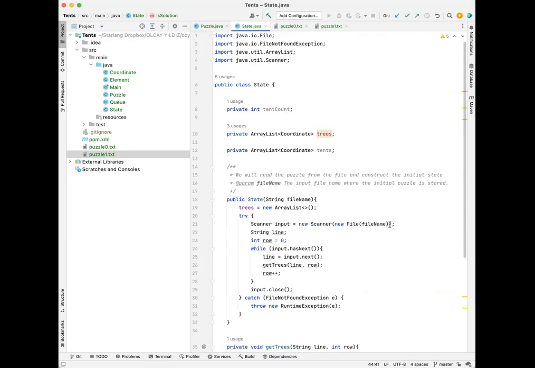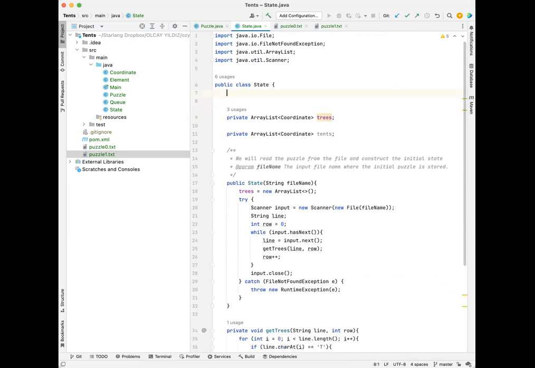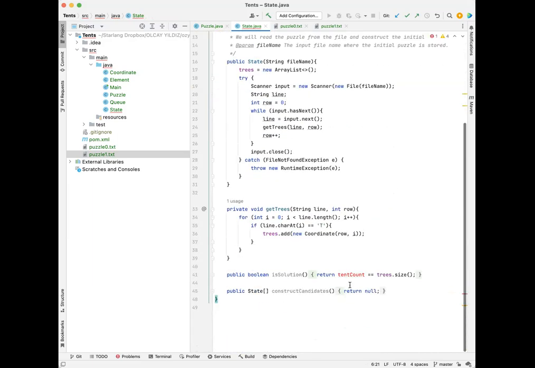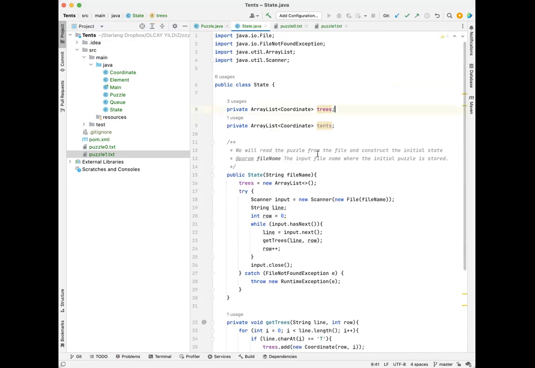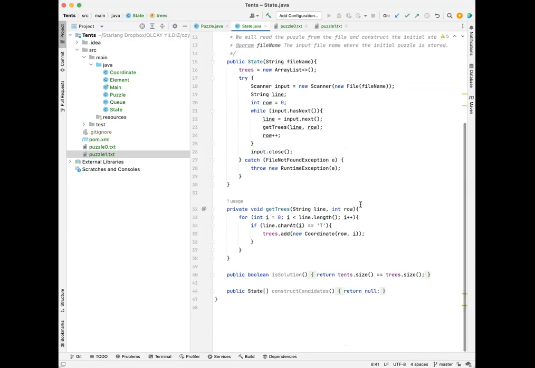And similarly, we don't need a tent count because the tents we have added will be given in the tents. So we can say tents dot size. So in that case, we actually simplified the trees and tents. Okay. So then